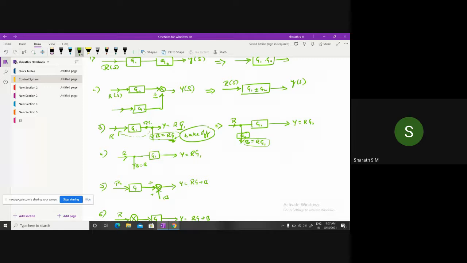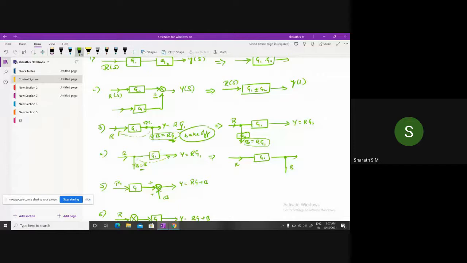To make it as b is equal to r into g1, I'm going to add that particular block at this takeoff point. In the same way, here we have a takeoff point. So look at here, we have b is equal to r. So now in this case we need to move the takeoff point from left to right. So once we move the takeoff point from left to right, here we have a g1 and here we have a r,